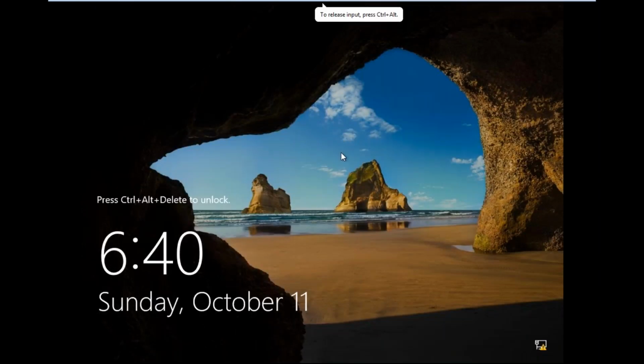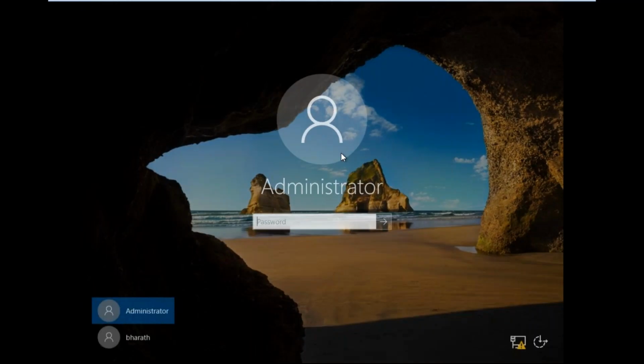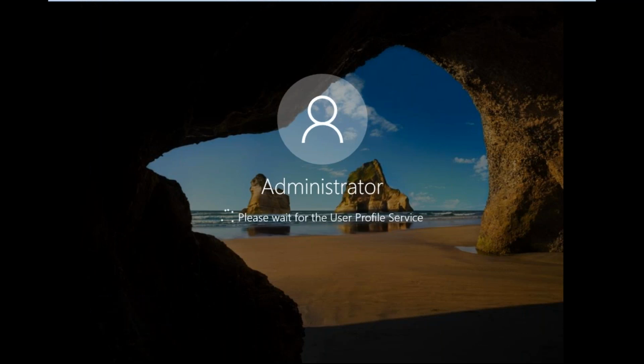So log into the system. Give the password. Automatically Server Manager will start. If it does not start, go to the start button and click on Server Manager.